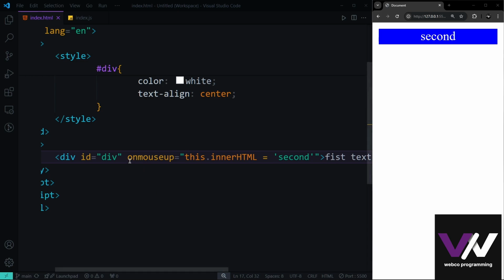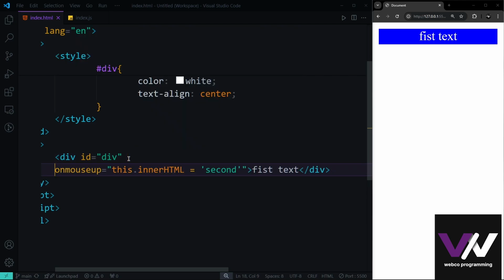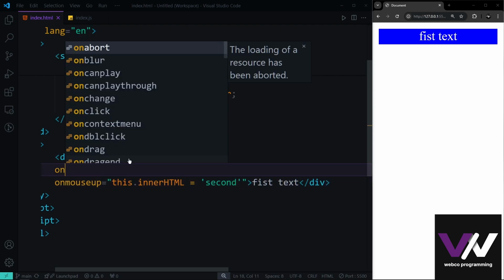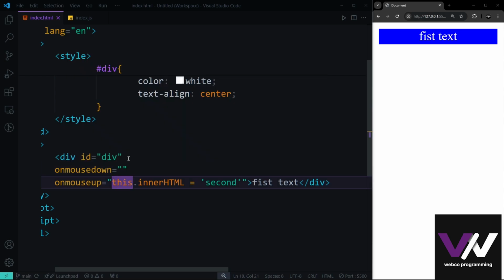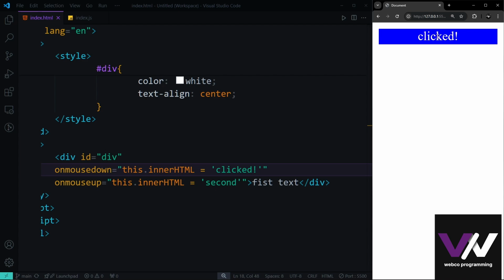And we can use these two different attributes, onmouseup and onmousedown. This one is going to make the inner HTML say collect. And when we leave, it's going to show us the second. So while I'm clicking, it's going to show this message. And when I release the button, we get this